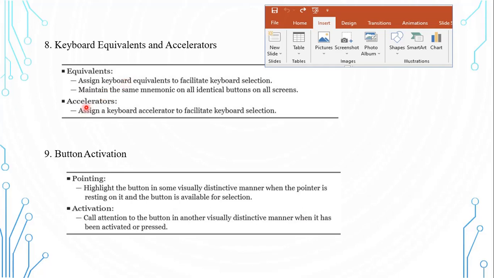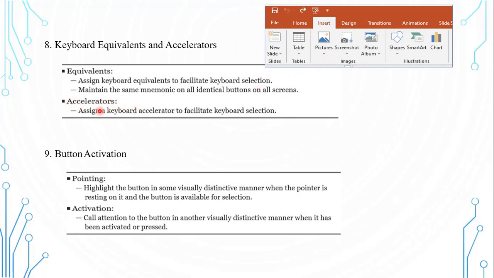Mnemonic means, for example, you have an Apply button, where we consider A as a capital letter. The first letter, A, is considered the mnemonic. So using a certain function key or any key along with this A, you can invoke the particular action.